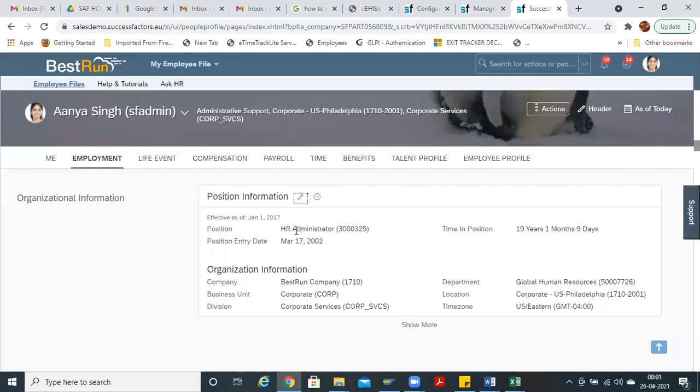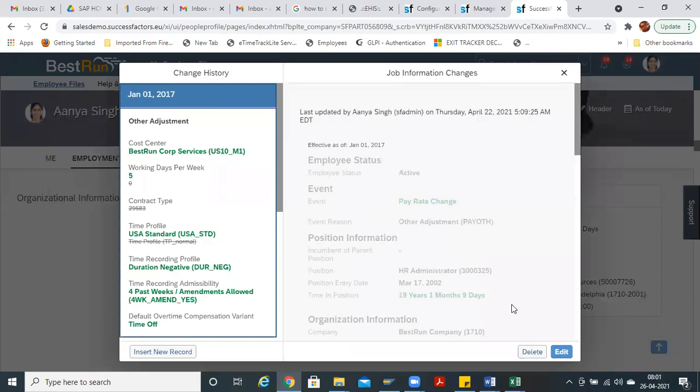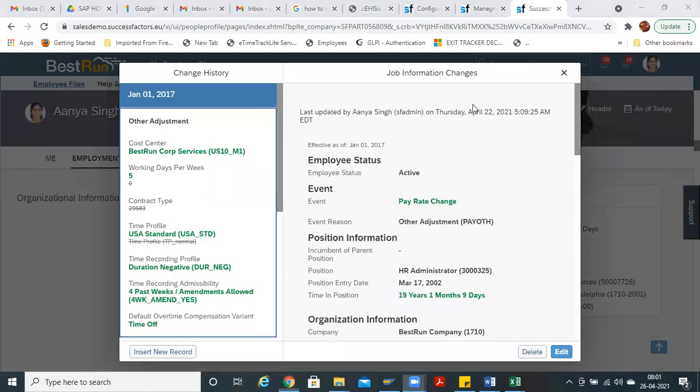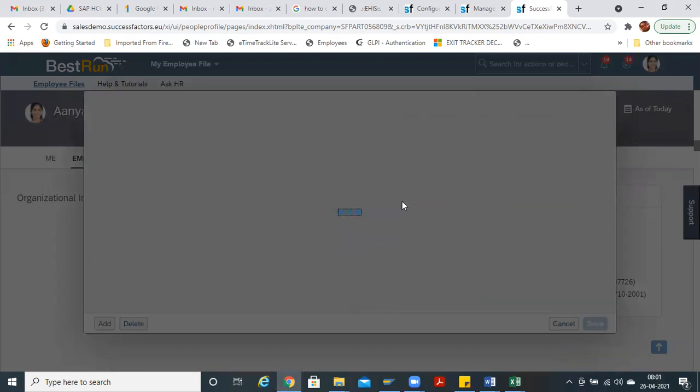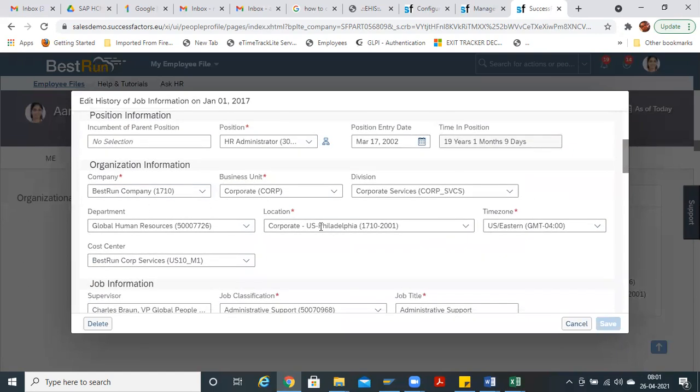Cancel. Then if you just want to replace the existing record, the history as well, then you have to click this organizational information history. And for the existing record, you just want to edit it, just click on edit. Whatever the company, business unit, division you want to edit, you can just do it over here.